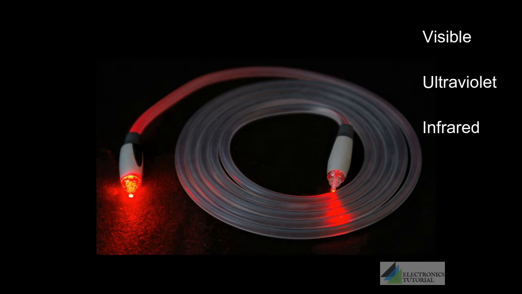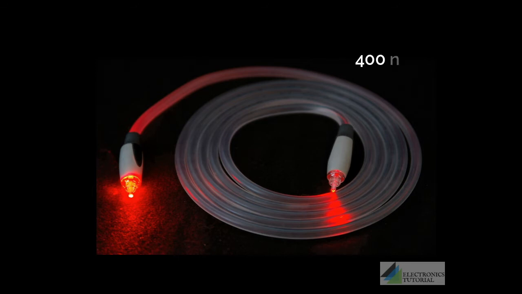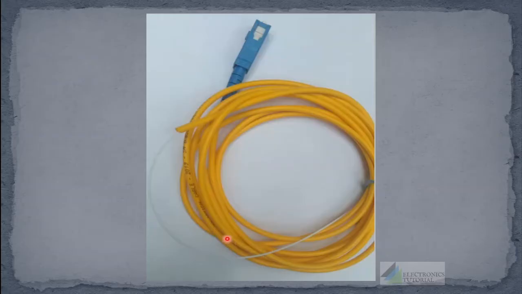Light occupies a specific range of the electromagnetic spectrum. This includes visible rays, ultraviolet and infrared radiations. The visible spectrum is in the range between 400 nanometer and 700 nanometer. When we think of optical fiber communication, it should not be limited to just the light in the visible range. The most used ranges like 1310 nanometer and 1550 nanometer are out of this visible range.